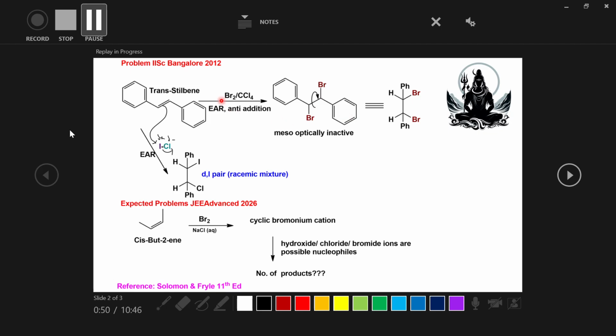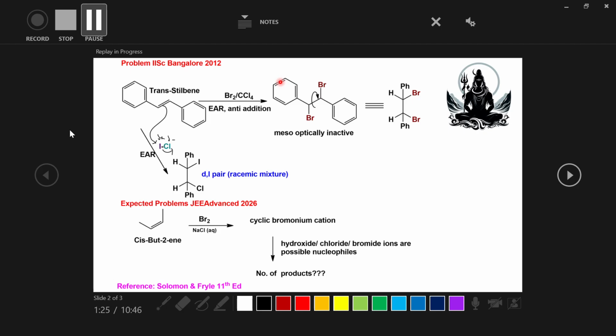Now, they have said stilbene. They have not said trans stilbene or a cis stilbene. For example, I am dealing with a trans stilbene. Okay, and we are adding Br2 in CCl4, so that is a reagent that is used for the test for unsaturation. That means that whenever there is an ene or an yne compound,